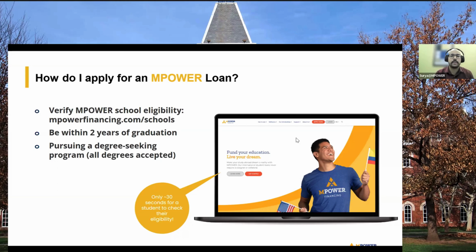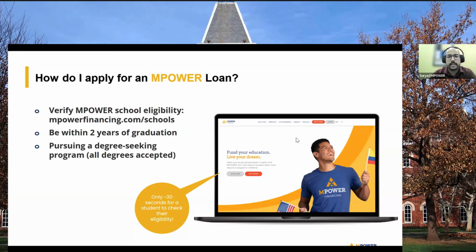And with that, we are also trying to include more and more possible schools in our partnership so that more applicants can be part of the loan journey. For now, we are almost touching 500 schools in US and Canada together. So there are a couple of eligibility criteria that you guys need to be aware of.